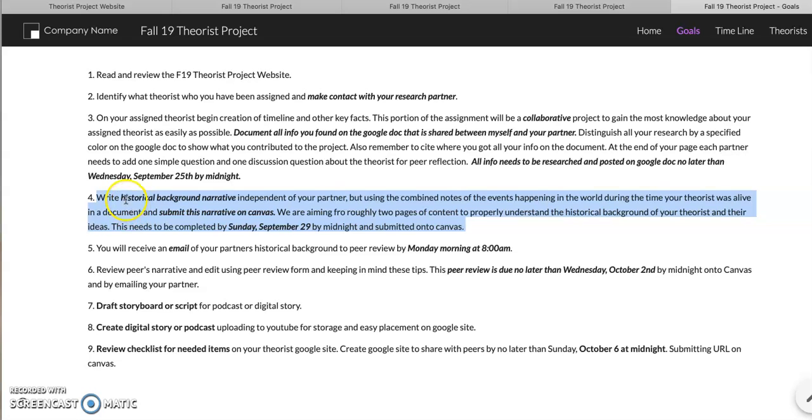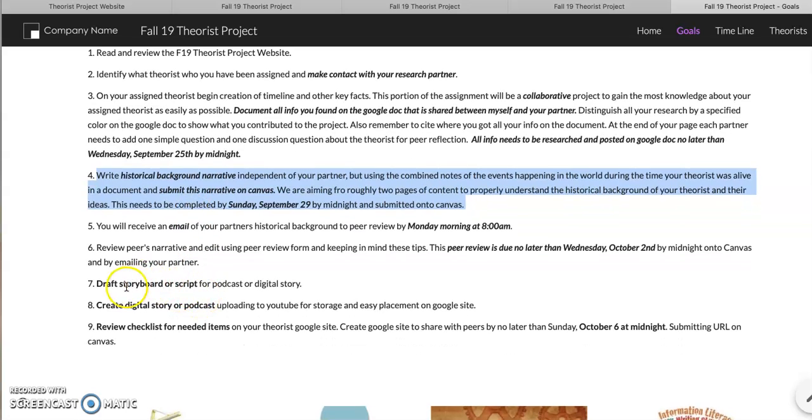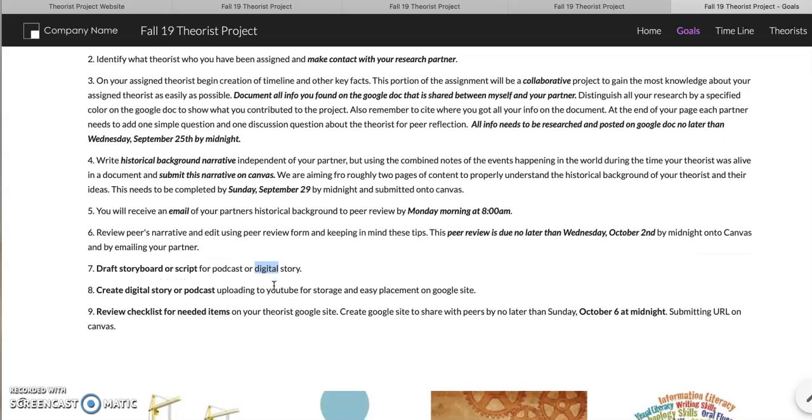So you're going to do some peer editing of this historical background narrative, and then you are going to draft a storyboard or script for either a podcast or a digital story, and you're going to produce that script or digital story. Again, it is just a way for you to almost lecture or talk to or make an infomercial about your assigned theorist.